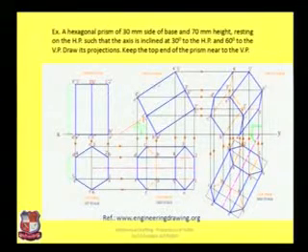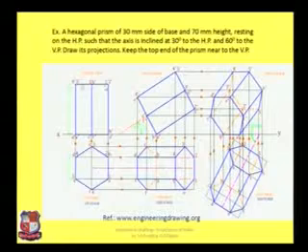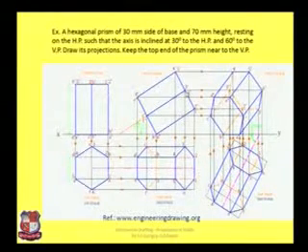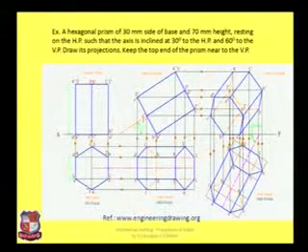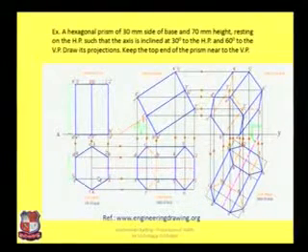From all respective points, first we take this upper face 1, 2, 3, 4, 5, 6. Here are the points 1 dash, 2 dash, 3 dash, 4 dash, 5 dash and 6 dash. Here we should take care about the naming of the points. In a top view, small letters should be given as a name without dash mark.